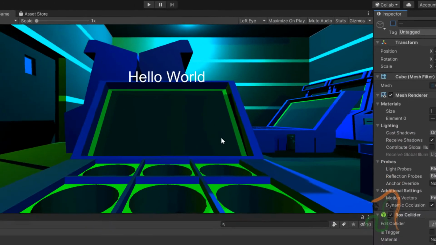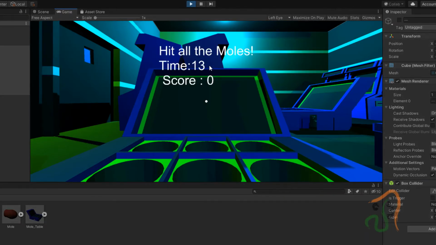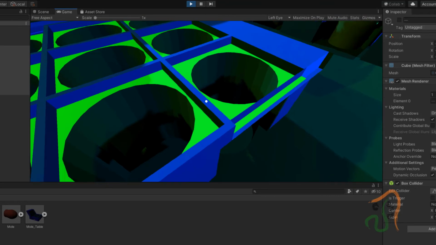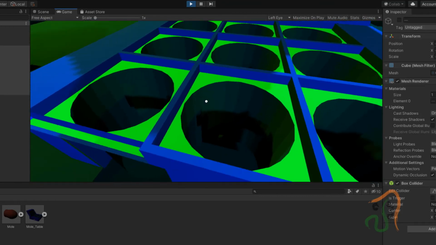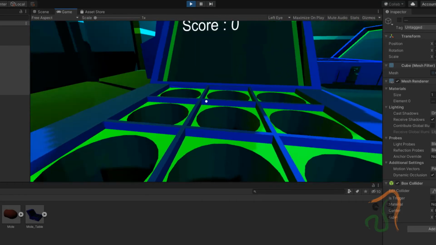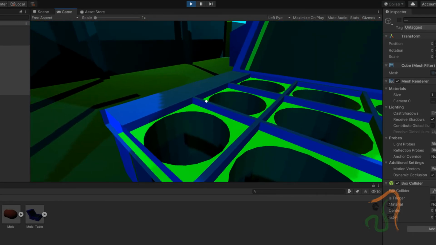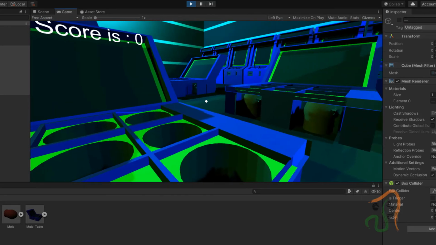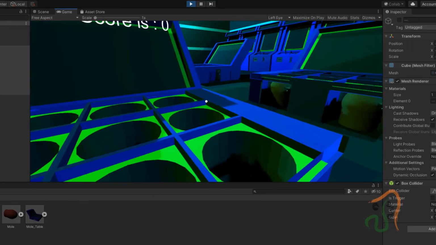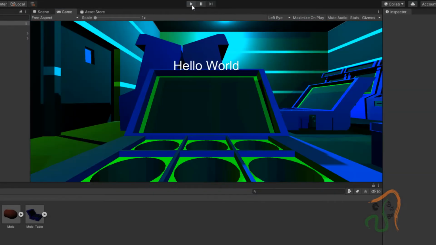Let us turn it off for a second and see it here. So let us play the game and see it. As the game is playing, we have the table like this. Okay, this is somewhat fine. So we have the table moving around like this. This is fine. Okay, yeah, this is fine here. So right now let us stop the playback.